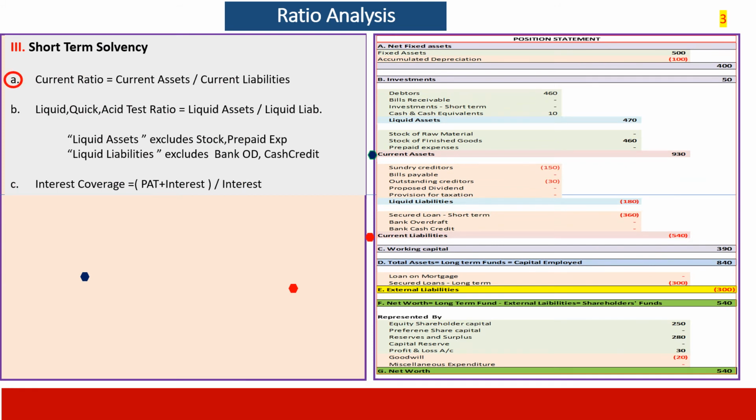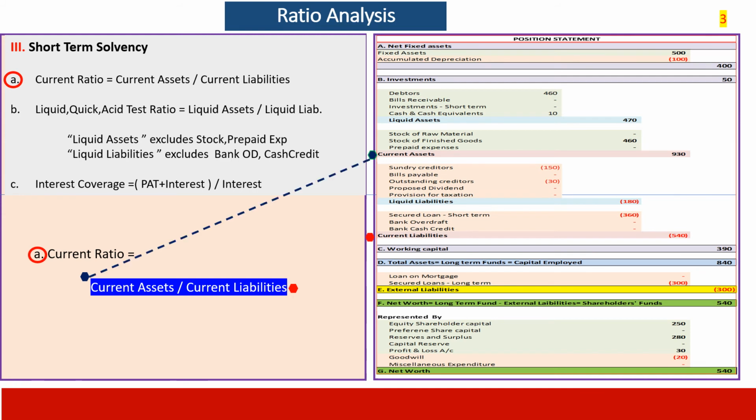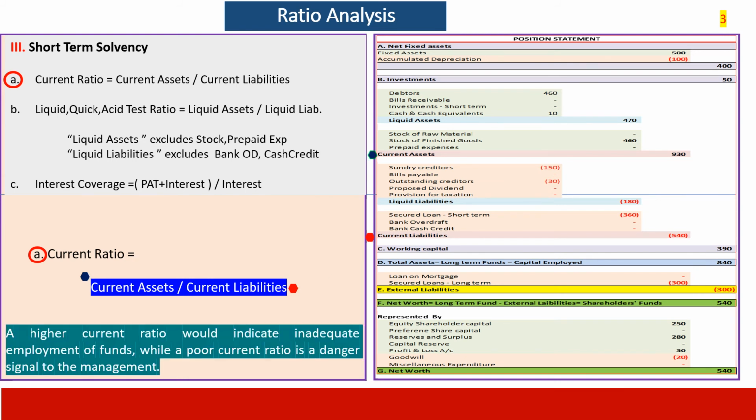Let us take current ratio now. What is current ratio? Current assets divided by current liabilities. Current assets include liquid assets and liquid liabilities. What does it indicate? Current assets are to be funded by the company as well as from outside. Where the company puts more of its money into current assets and borrows less, it will be a higher current